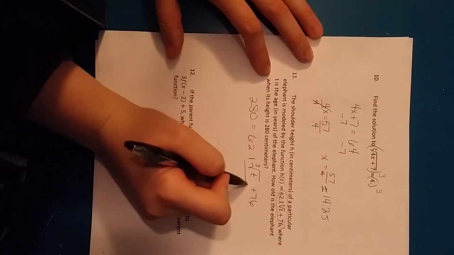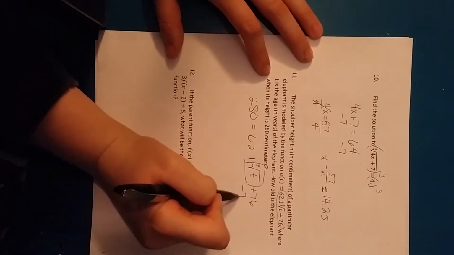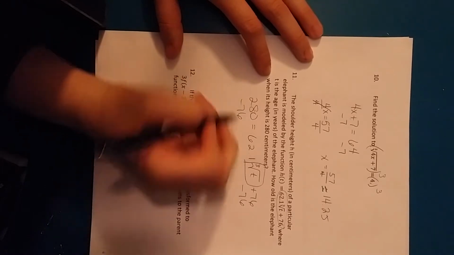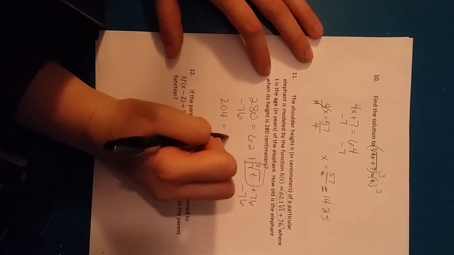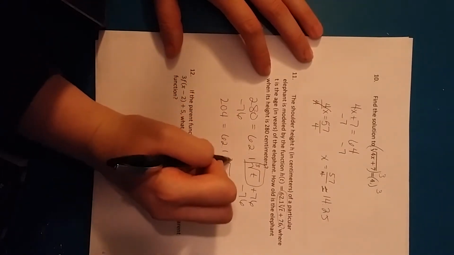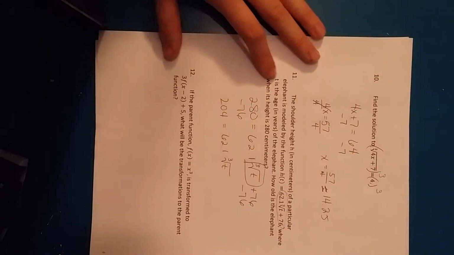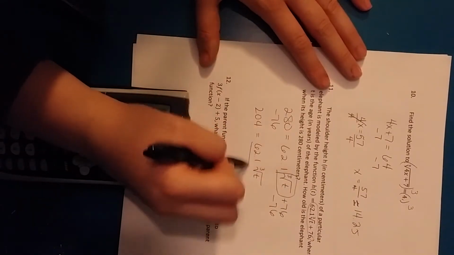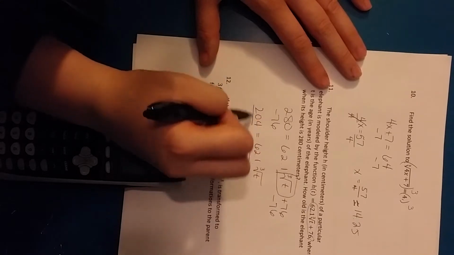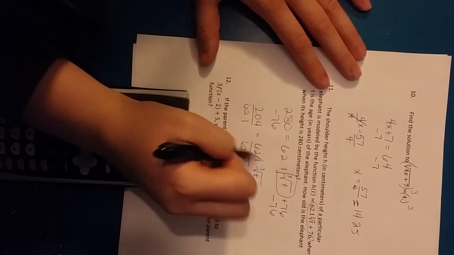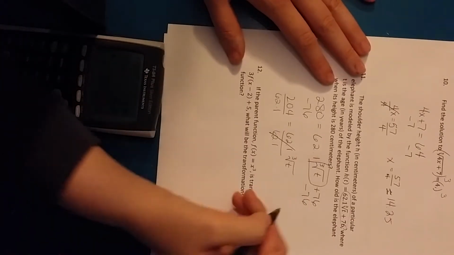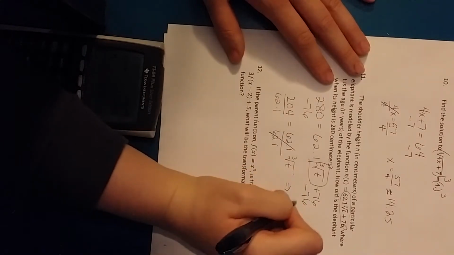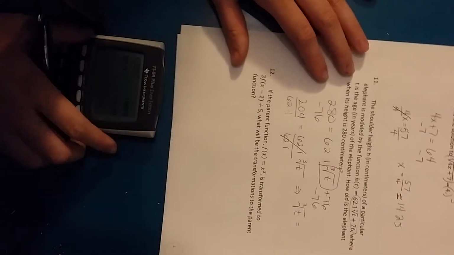So I need to isolate my radical. I'm going to subtract 76 from both sides. I get 204 is equal to 62.1 times the cube root of t. And I need to divide by 62.1 on both sides. So that cancels, and I'm left with the cube root of t is equal to